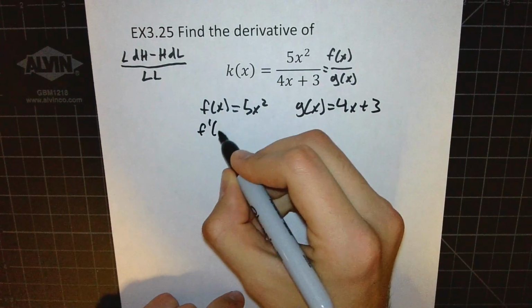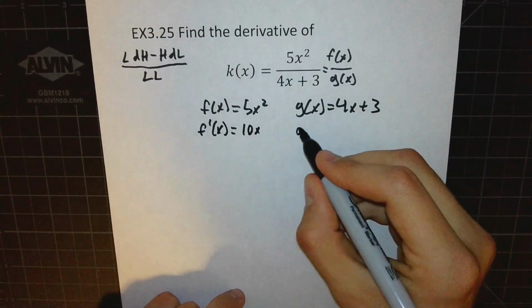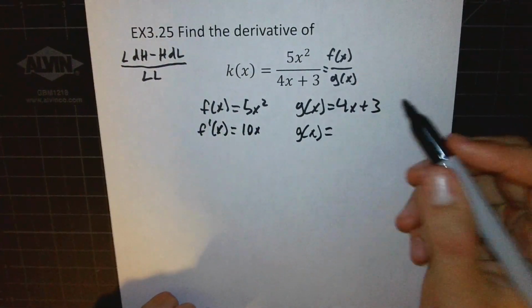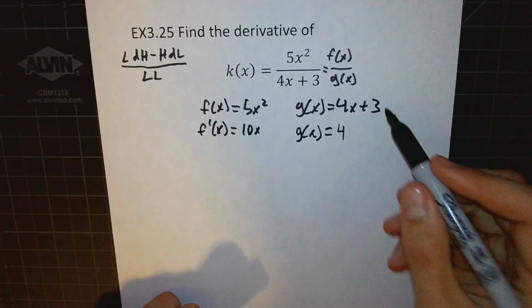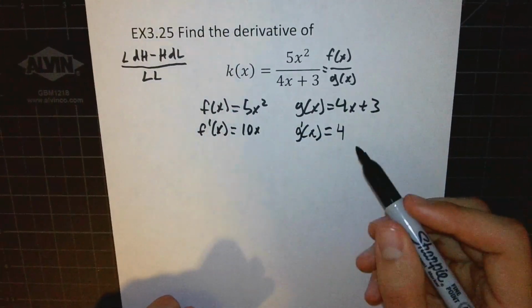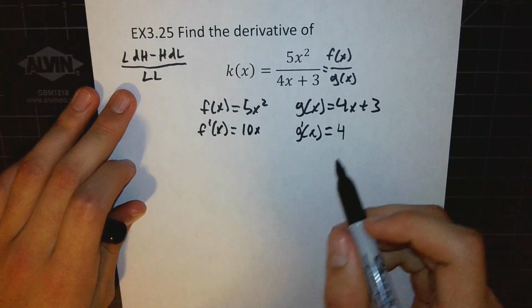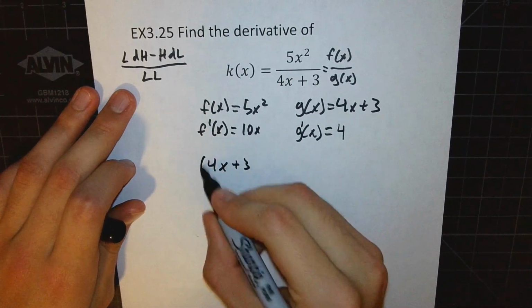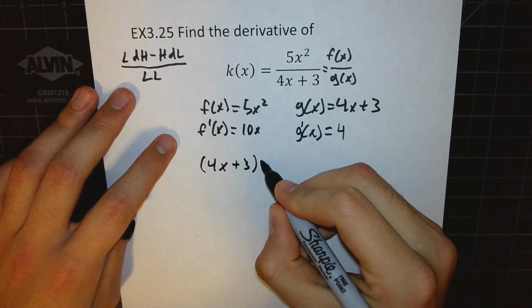Then f prime of x, here we are doing our power rule, this is 10x. And g of x, we are actually doing our power rule again, but this is to the 1, and then we come to the 0, so then our x turns into 1, so this is just 4. And then our constant rule here, so that's 0. So our g prime is 4. So we'll take our low, so our bottom, 4x plus 3 times the derivative of the top, which is 10x,